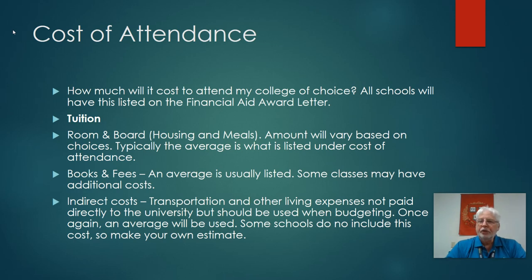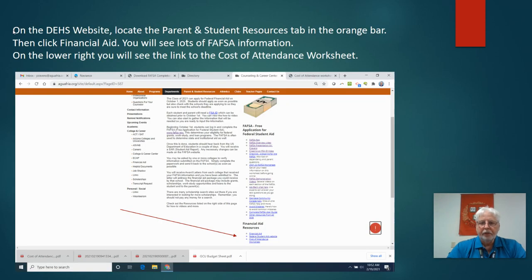Then you'll have some indirect costs of going to college. It might be transportation, getting back and forth. There are some other living expenses like laundry and other things. You're not paying that to the school, but it's a cost of living on your own. And you really should consider it as part of your cost of attendance. Some schools include it, some don't. The amount may vary a lot, but you should consider those additional costs as well as part of the cost of attendance. I'm going to give you a little heads up on where you can find some of those costs